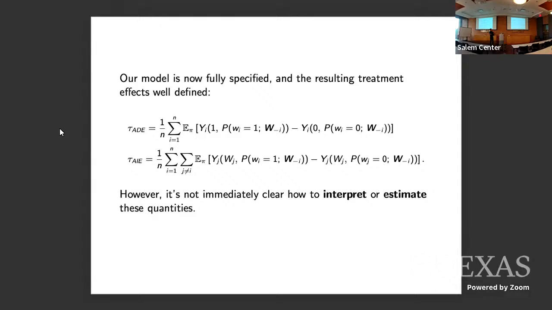So what's the average direct effect? It's the effect of you getting the treatment versus not getting treatment. There's also a little effect where prices changed, maybe from you getting treated versus not getting treated. What's the average indirect effect? This only depends on prices. So you got the treatment you were going to get, but someone else got treated versus didn't get treated. This affected prices. And we want to understand how this leads into outcomes.